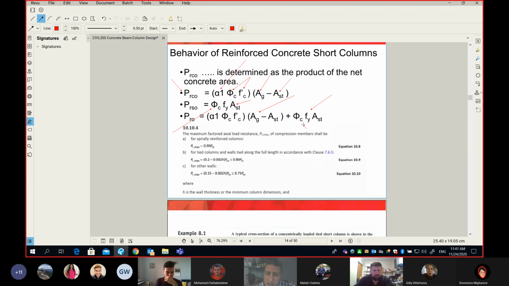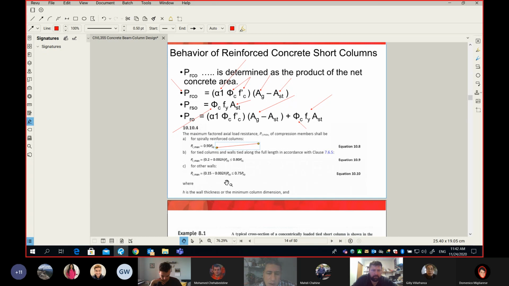Please take a note that this is phi C, and this is phi S, not phi C, because that's steel. Okay, finally, the code according to 10.10.4, I just snapped this from the code. The code simply asks for a little bit of reduction of this number here. So not very difficult. If you have a spiral column, then what you do is you simply multiply this number times 90%. So whatever you get from this equation, you multiply by 90% for spiral column. And for tied column,